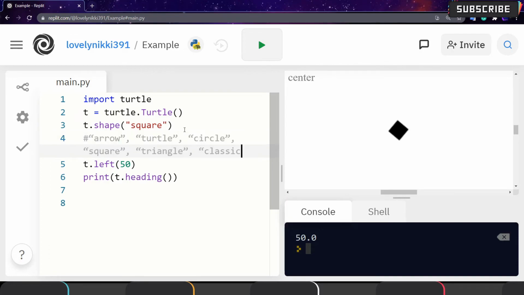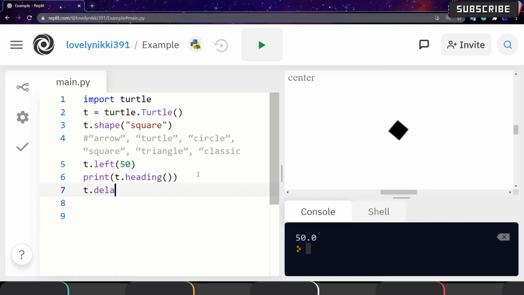These were the shapes that are available in turtle. So if you want more, you can comment in the comment section. I will tell you. Presently I know these shapes. So as we are done with shape, then let's see the delay function.